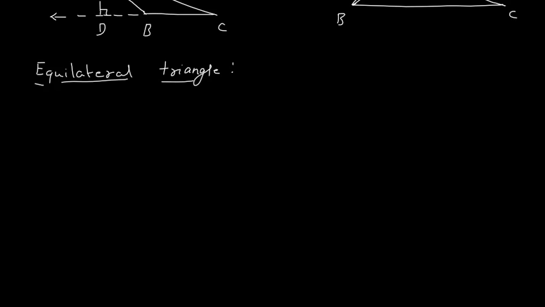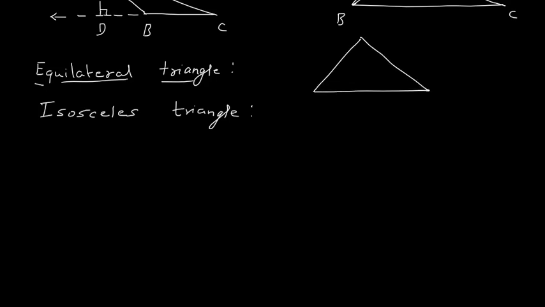In the same way we can use the Pythagoras theorem to find the height when it is an isosceles triangle. So in an equilateral triangle and an isosceles triangle, if I know the base and two sides, then I can find the height and use half into base into height. Say this is an equilateral triangle, and I know this side A and this side A. Then I will draw a perpendicular.